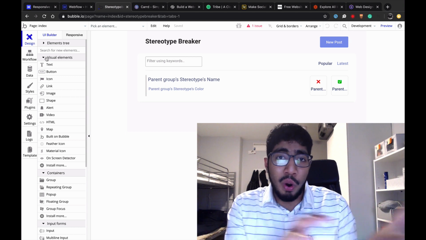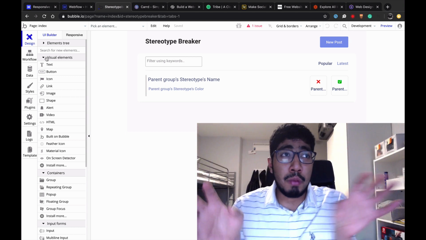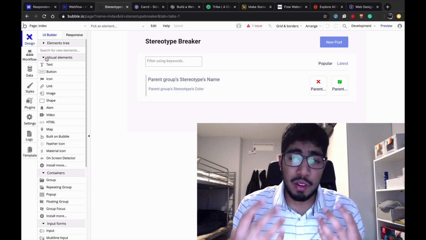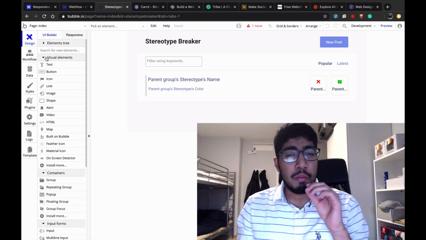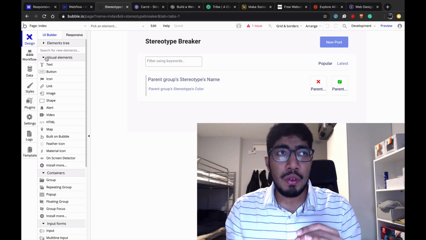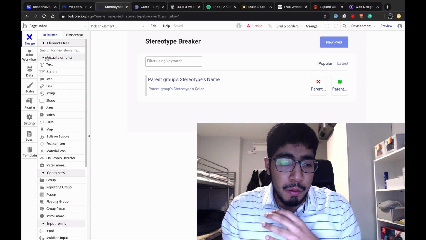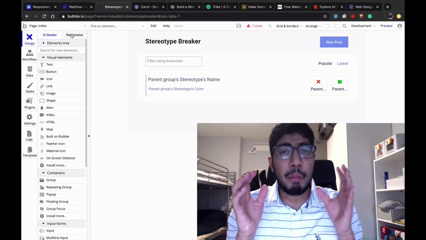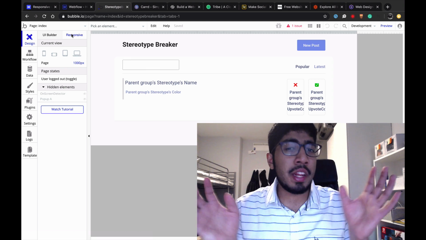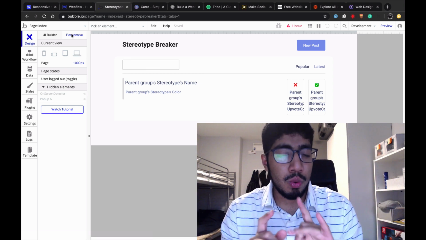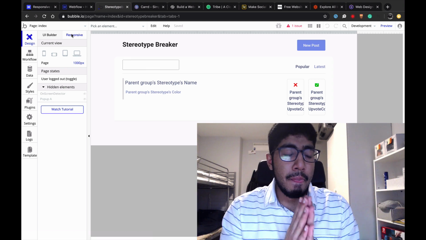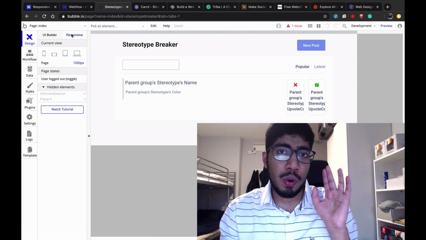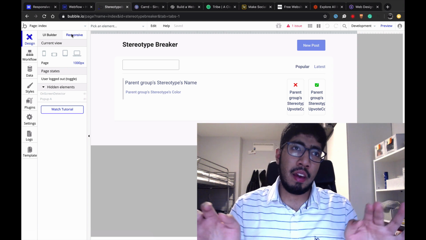Now Bubble, of all of these tools, is the most powerful tool in terms of what you can build, but I'll tell you what is the biggest drawback with Bubble. With Bubble, the biggest pain in the ass is, without any doubt, this part, which is responsive design. Now, there's some update here. The Bubble team have actually